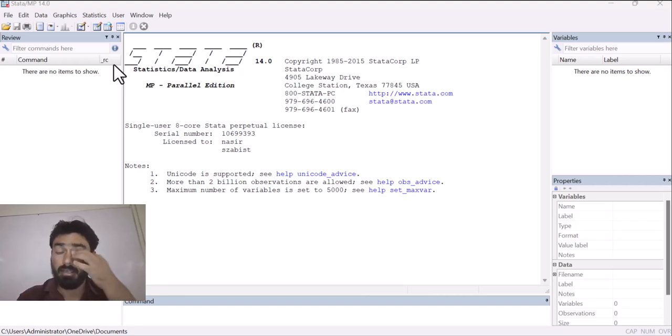Basically, when you are applying any econometrics test on your data, before that you have to get the descriptive statistics of your dataset, and you have to apply descriptive statistics on your raw data, not on transformed data. Basically, descriptive statistics give you the view about your mean, median, mode, variance, standard deviation, skewness, kurtosis, and it also tells us whether there is an outlier in your dataset or not.